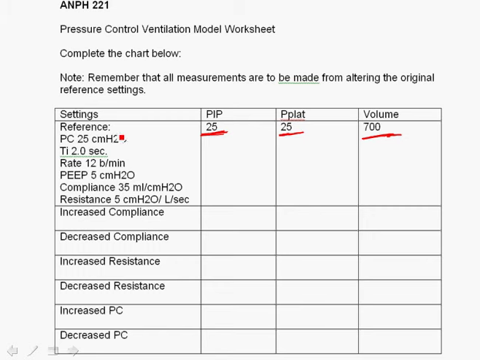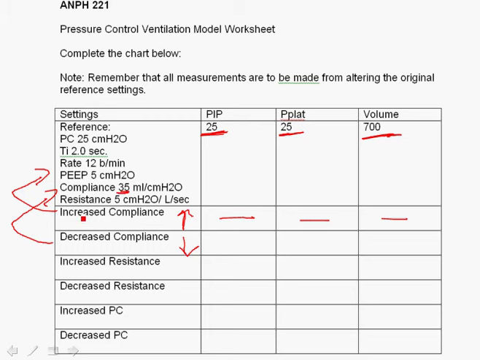From our initial settings here, you're going to adjust compliance and then set it back to the original settings. You'll increase it, then try decreasing it, going back to the original settings, and then place your observations here. Once we've done all these and constructed our model of what happens with increased or decreased compliance,